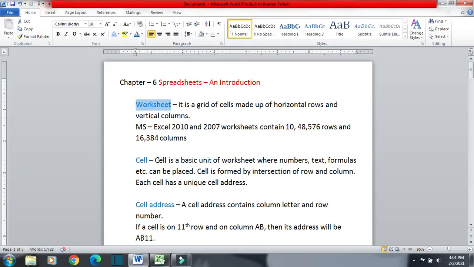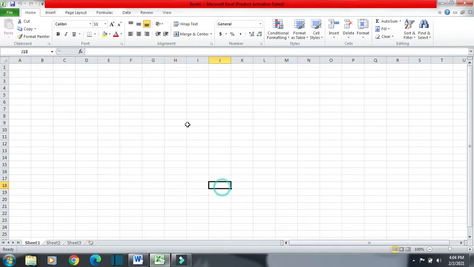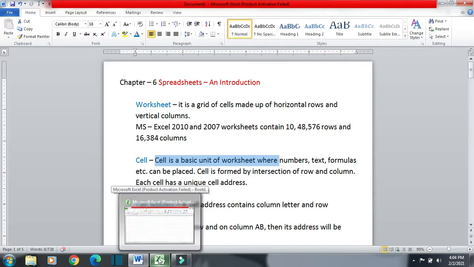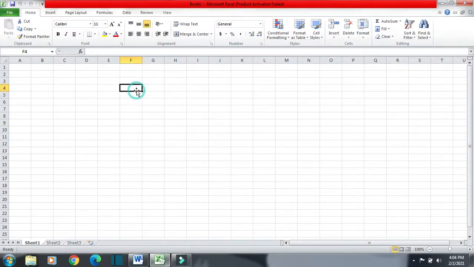Now the next thing is the cell. Cell is the basic unit of a worksheet, one of the most important parts of a worksheet. This is a cell, where numbers are typed, text is typed, and formulas are placed. So here we can place numbers, text, and formulas also. For example, here I have placed a number, here I have placed text.